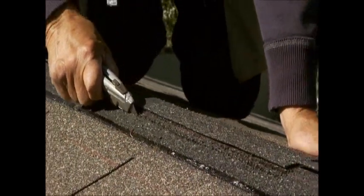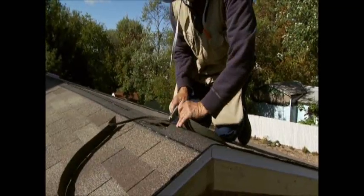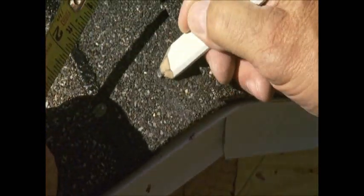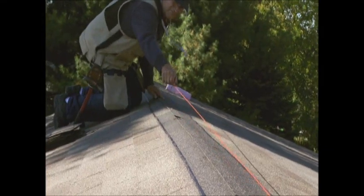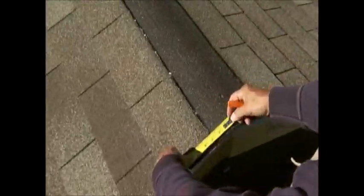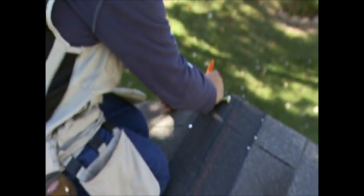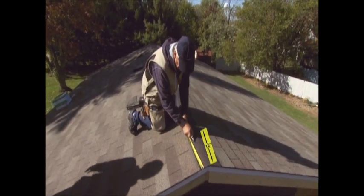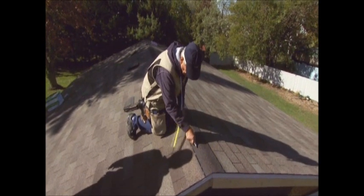For re-roofing jobs, remove the cap shingles and roofing felt from the roof ridge. Prepare for the slot by measuring 1 inch on each side of the ridge and snapping a chalk line along the length of the ridge. For roofs with a ridge board, measure 1 3/4 inch on each side of the ridge and snap the chalk line. Remember to end the slot 1 foot from the end of the ridge to prevent wind-driven rain from entering